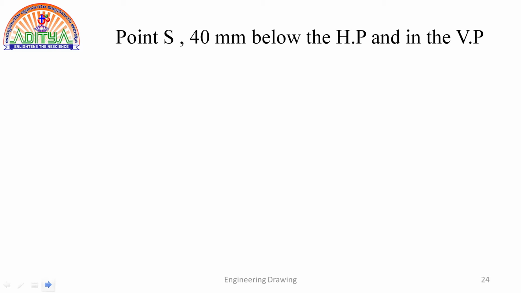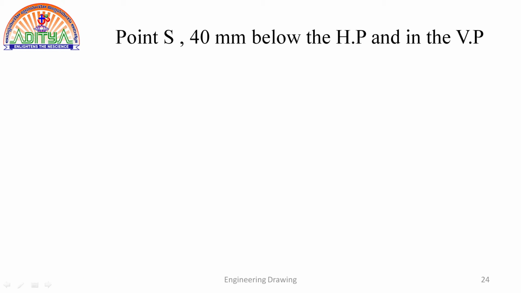Now how do we have to draw this question? These types of questions we have already discussed in our previous session by taking 4 conditions. So by taking that only we are going to solve this question. If the point is on HP or on VP and below some distance to the HP or VP, in such cases it is better to draw only the horizontal plane and vertical plane, irrespective of quadrants.